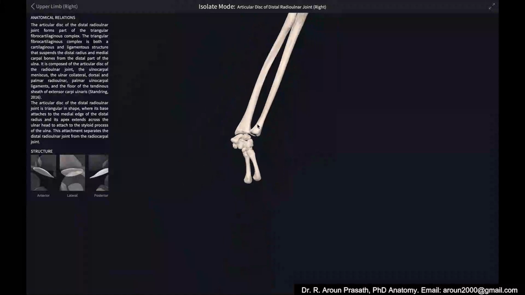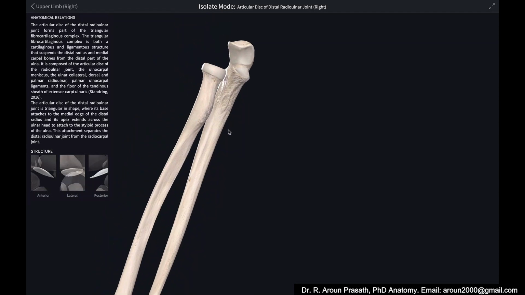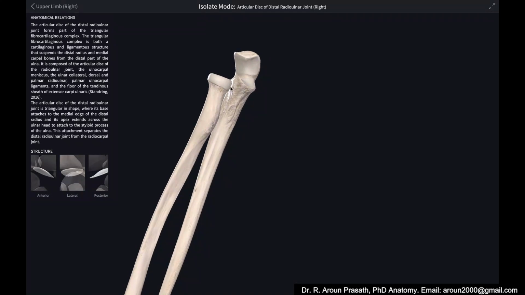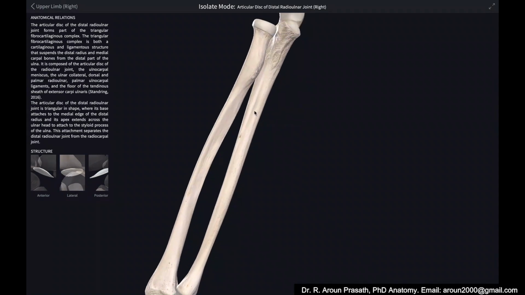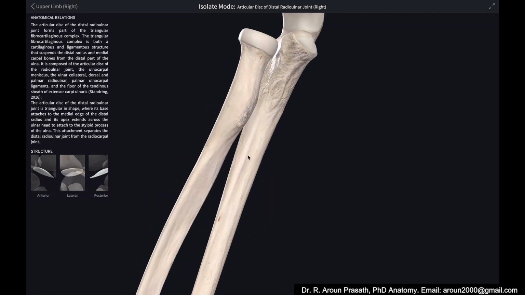Likewise, in the upper aspect, the radius is articulating with the ulna. So this joint is called the superior radio-ulnar joint. So, superior radio-ulnar joint and inferior radio-ulnar joint. The pronation and supination movement is taking place in these joints only. I will discuss that in the arthrology, as a separate presentation. So let's not confuse the joints and the bones now. Just know the names of the joints, the remaining things we will discuss later.